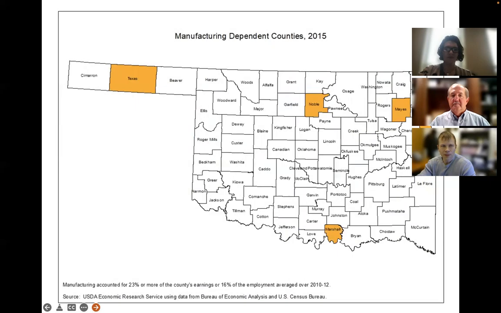Next slide. We also have manufacturing dependent counties. These might not surprise a lot of you. You can certainly pick out a couple of manufacturing dominant companies in some of these counties. Out in Texas, of course, we have Seaboard. In Noble, we have Ditch Witch, and there are some plastics manufacturers in Mayes County. In Pryor in particular, they have DuPont and some other plastics oriented manufacturers. So these are just a few where the employment or earnings in manufacturing was significantly above the national threshold you see down there at the bottom. Okay, so that's manufacturing.